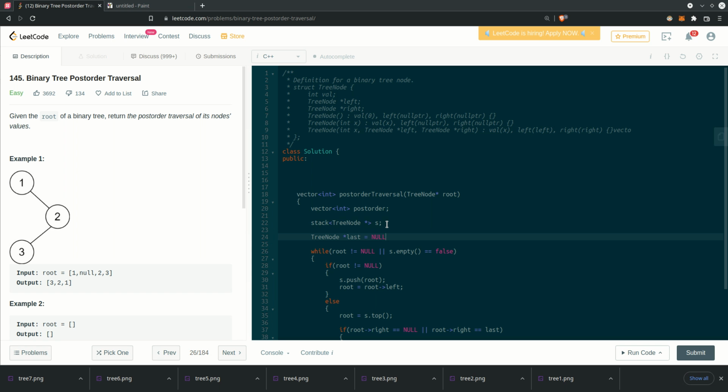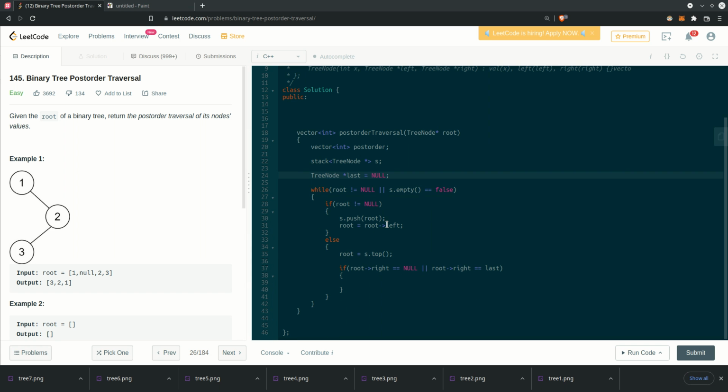Initially the last pointer will be pointing to null. If we take the reference of the top of the stack into the root, and we check whether root's right is present or not, and root's right is not present, or root's right is pointing on the last traversed node, then in that particular case